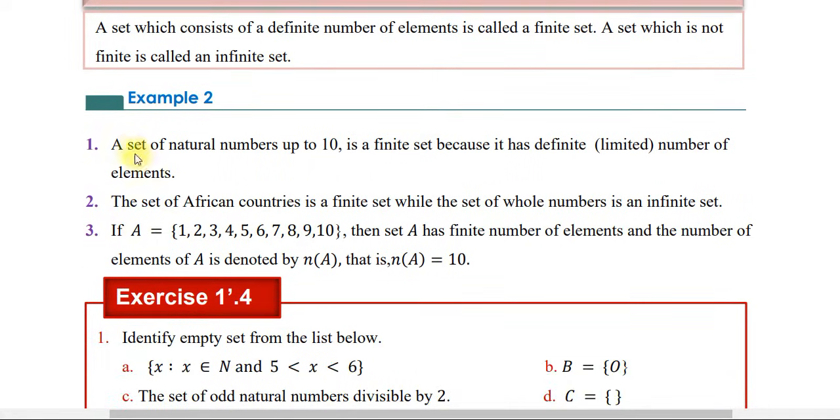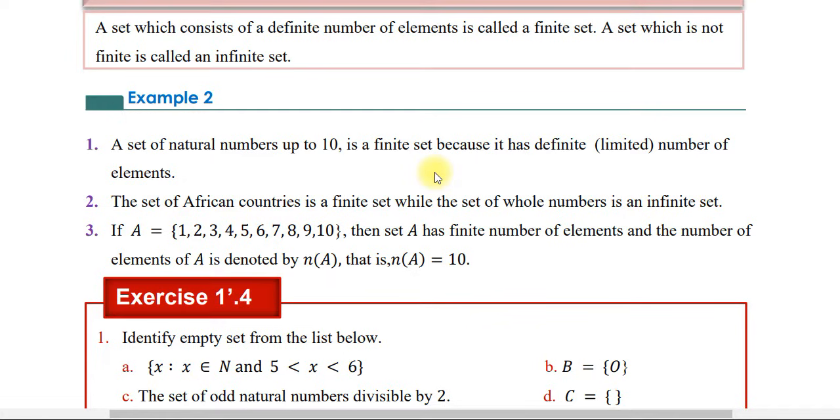The first one: a set of natural numbers up to 10 is finite because it has a definite or limited number of elements. አሁን ናቹራል ነምበር ሆኖ እስከ 10 ድረስ ይታወቃል። 1 2 3 4 5 6 7 8 9 10 አለቀ።